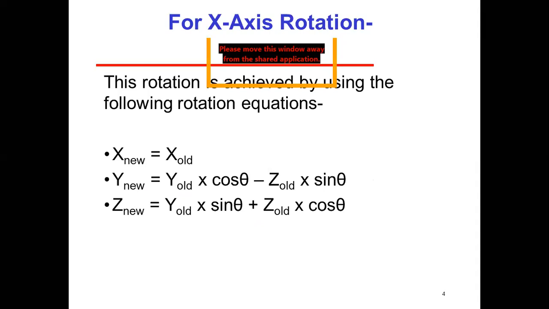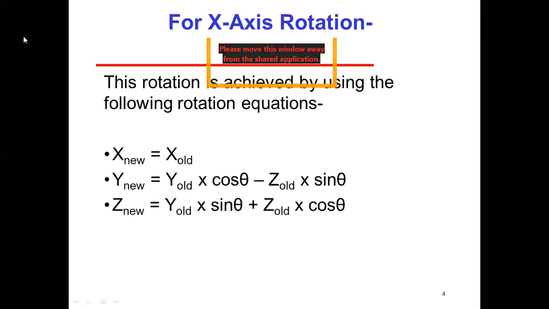It means if we are going to rotate any object about any axis, then the coordinate of that axis will never change. Okay, because here we are going to rotate the image or object about the x axis, then the x coordinates will not change. X new and x old will remain the same. Okay, only y new and z new are changing here.